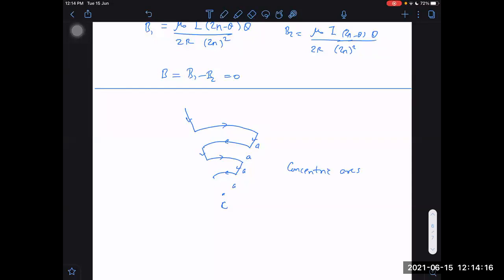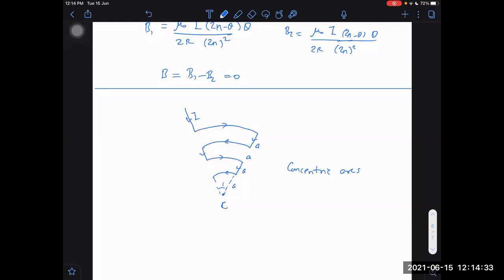So you know, the field due to these straight wires will be zero, since the center is on their line. The contribution of the straight wire is zero. Now we are left with the arcs, and the radius changes for each arc.